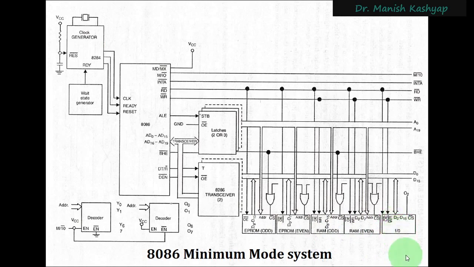So let us first see how they are connected. We already know the logic for even and odd memory banks. For EPROM, you have two chips, one of them odd, one of them even. Similarly for RAM, you have an odd bank and an even bank. We have already seen why we separate it into even and odd banks. The reason is primarily that we would like to keep a 16-bit word in one go in the externally interfaced memory, and that is why we are using this odd and even bank, right? Then you have these input output devices here which are connected. So let us see how they are connected.